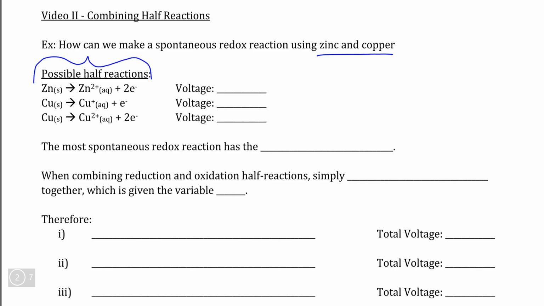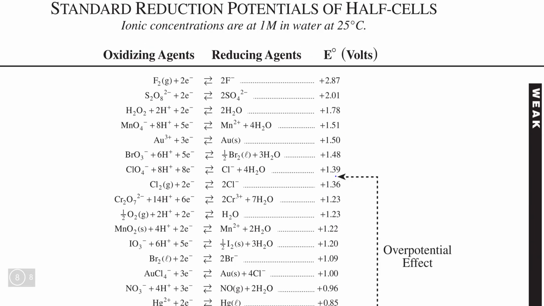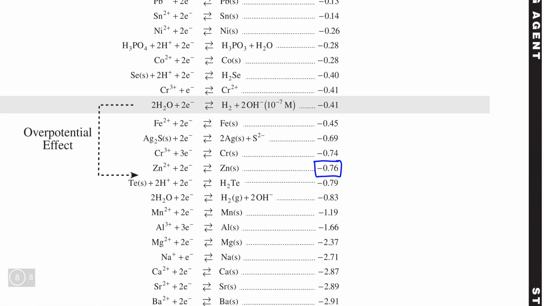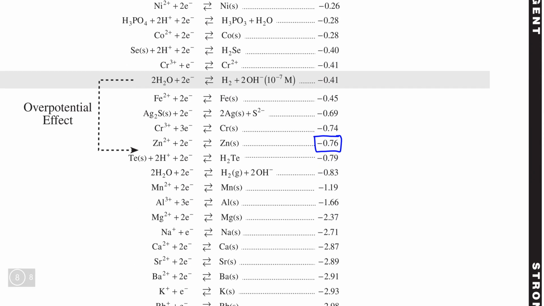Keep in mind, however, that all of these half reactions are listed in their oxidation form, whereas the data table lists them in reduction potential, meaning that you need to remember to flip the sign depending on whether it is in the oxidation or reduction form. For example, zinc here, we see that its reduction potential is negative 0.76, but as an oxidation reaction, it would